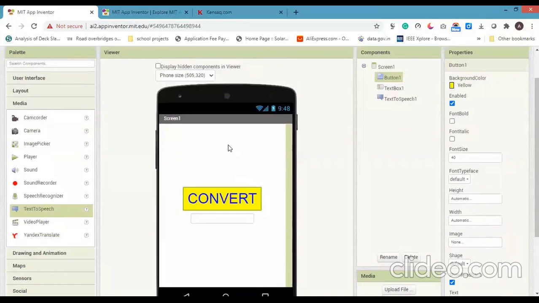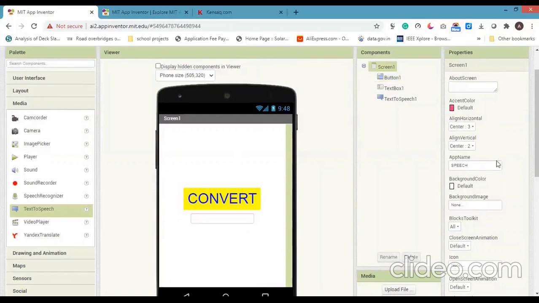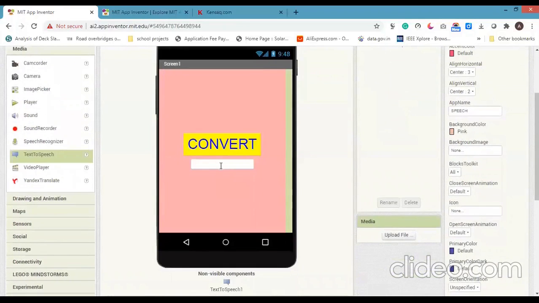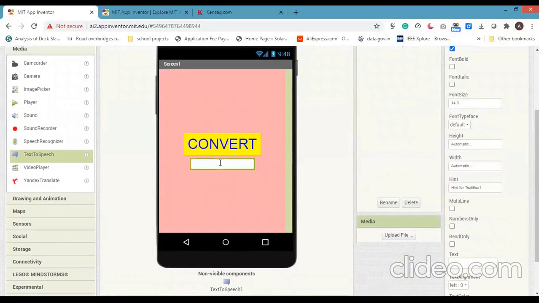Now I am going to change the background color of the phone. Now I am going to change the text box font size. I am going to change the size of the text box.